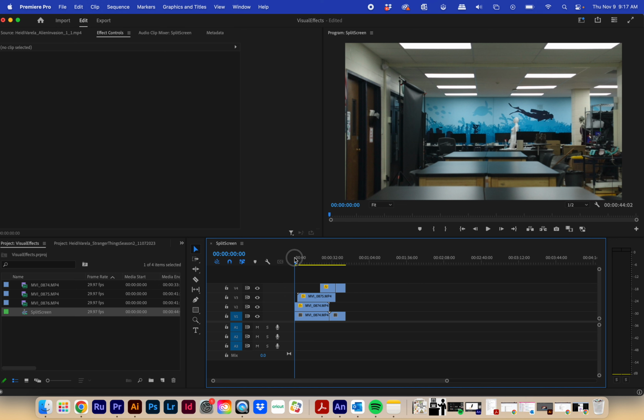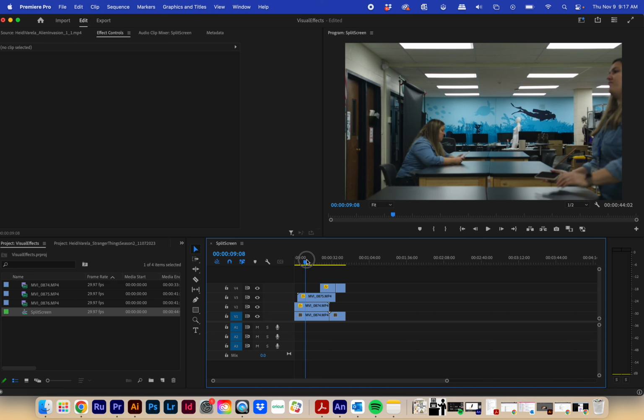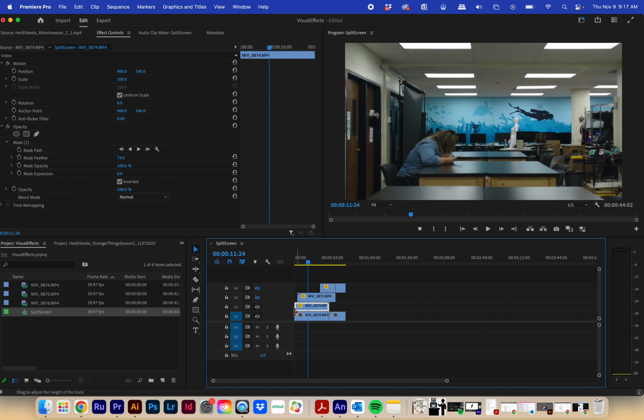Okay, so I have one clip where I just kind of come in and sit down, and I just sit there, okay? Then I have another clip of me coming in and sitting on the right side, okay? But I'm looking at both of these at the same time because I have a mask on each of these, okay? So I'm gonna hide these 2 layers, and I just wanna show you the mask on here, which is,